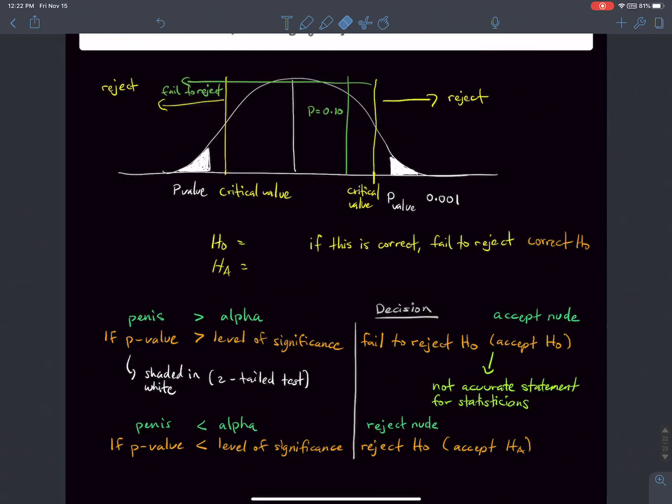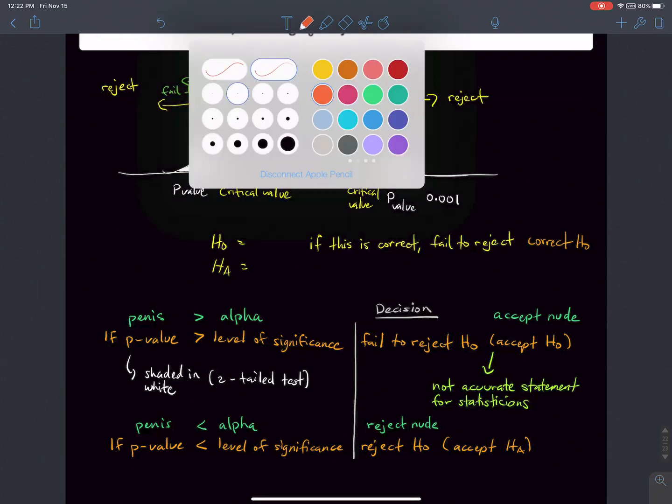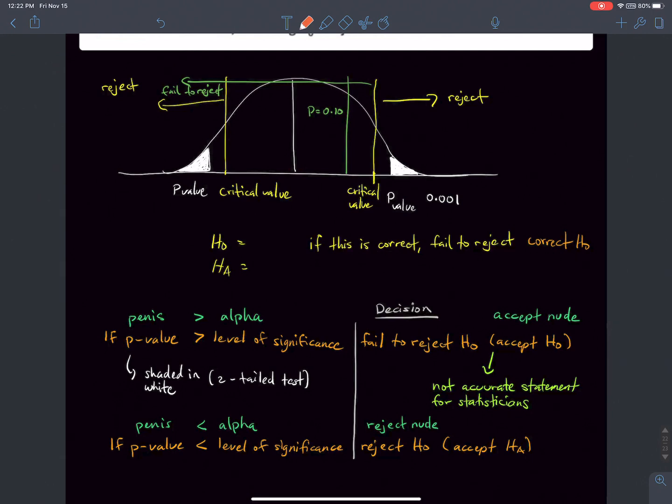So if you draw this bell curve, assume it's a normal distribution. This is the mean, median, and mode here. Assume it's of course symmetrical. The p-value is the... how do I explain p-value? You have a critical value, which is the level of significance. Let's say, assuming our level of significance,